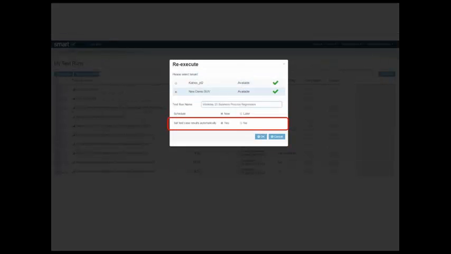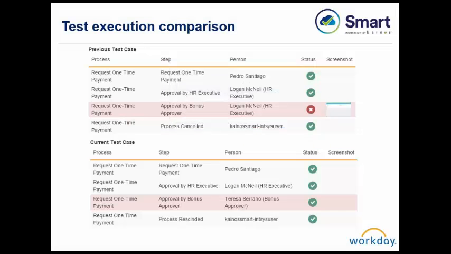One of the newer features that we've introduced as well is that we allow you to set the test case results automatically. So this actually allows you to compare two different test executions and verify that they matched or didn't match depending on what you expected. So this gives you a typical view on how this would look in Smart whenever you've done a test execution